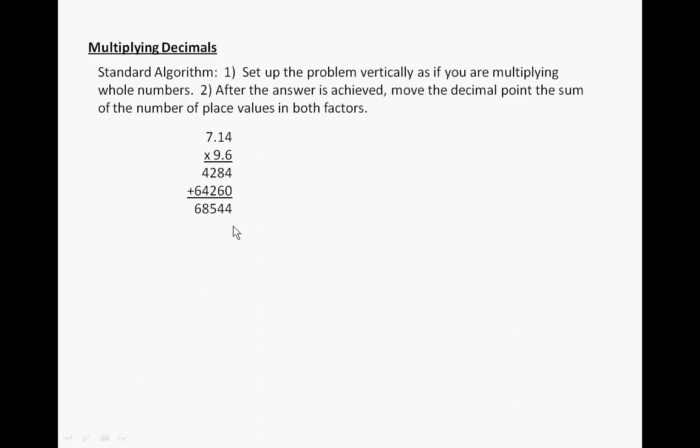in this case 68,544. But then what you need to do is you count up the decimal places, 1, 2, 3, so that would be 3 decimal places, and you apply it to the answer. So moving the decimal point from a whole number is essentially dividing by 1,000, and now you end up with 68.544. So in this case, 7.14 times 9.6 is 68 and 544 thousandths,